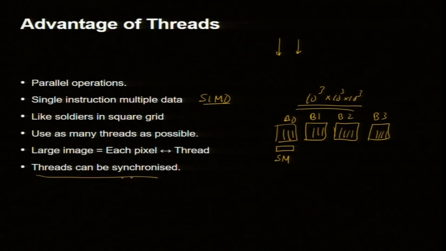How will I do a sum of numbers? The threads are independent, I do not have a loop. Each thread can do its work, but does not know how to communicate with others. So, then we use shared memory. Threads are synchronized and there is some cooperation among threads within a block. That is why blocks are important, and if I want to make communication between two blocks, then it has to be by global memory. I am going to come to this again, but this is an important point to keep in mind.